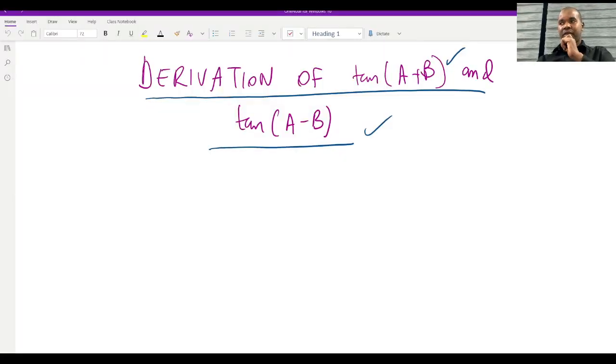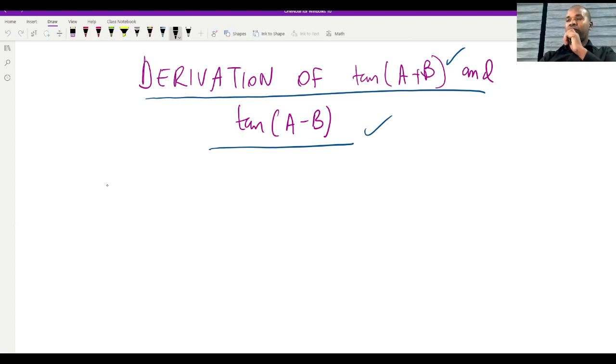Today we are going to derive the formula for compound angle tan(A + B) and tan(A − B). If you remember, previously we had a derivation of compound angles for both sine and cosine, and today we will dive into tan. This discussion will assume that you already know the formula for compound angle sine A plus B,